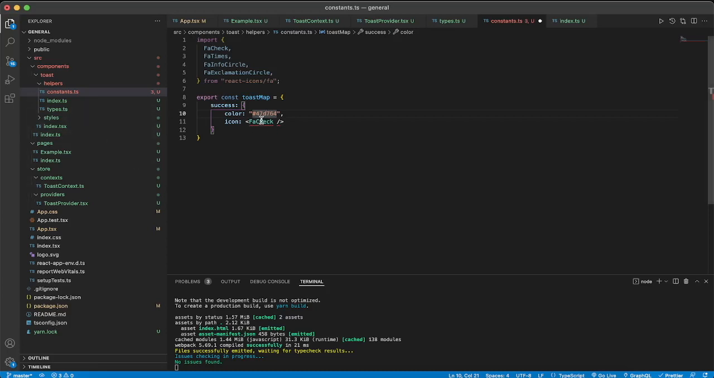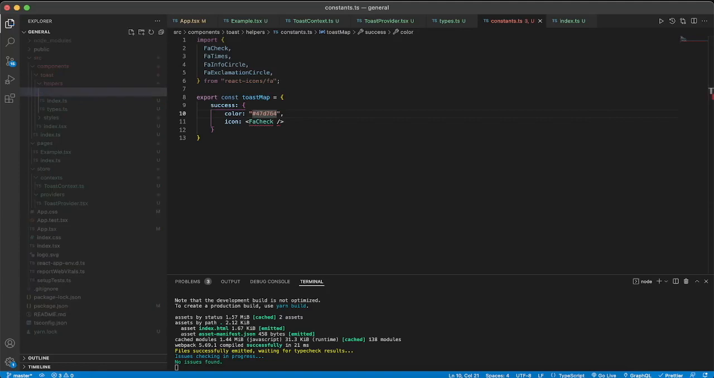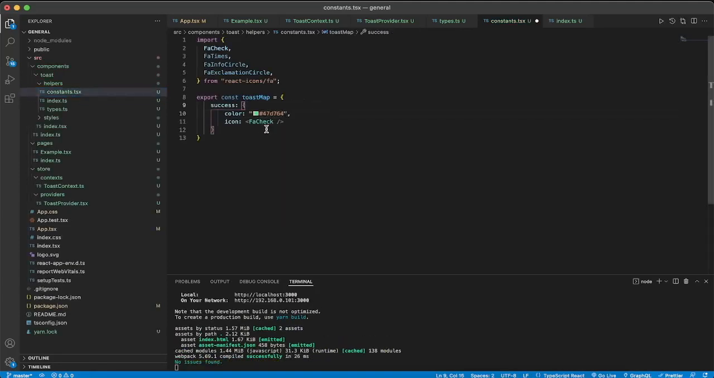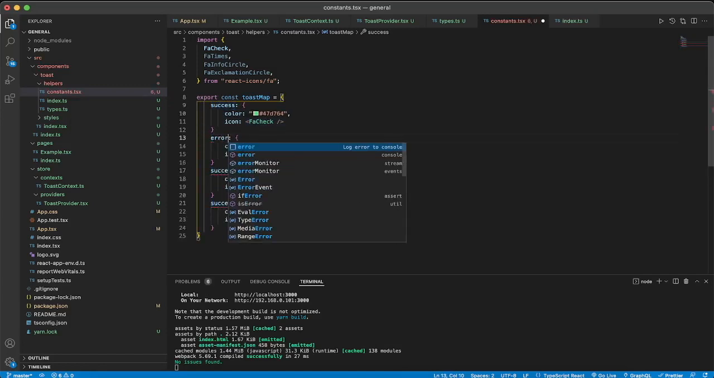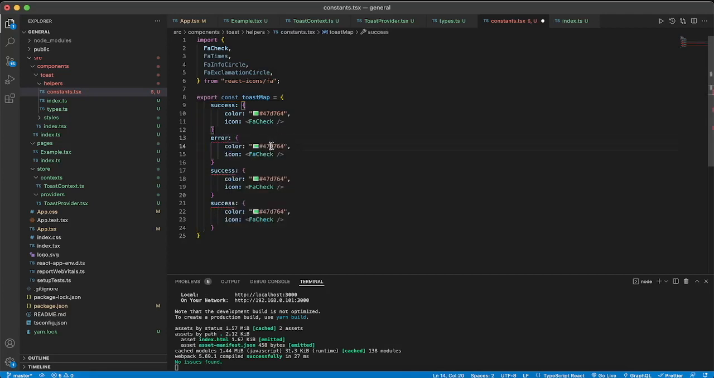Okay, so this is now giving me an error because I'm trying to use the JSX here, so we'll have to change this extension to TSX. Okay, so this will be the success one, and then we will have 3 similar ones. This will be for error. We are going to have the color scheme of